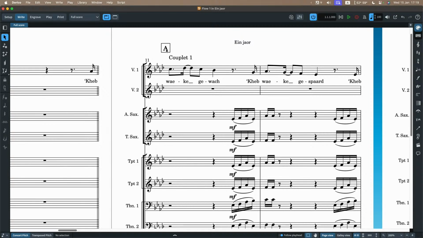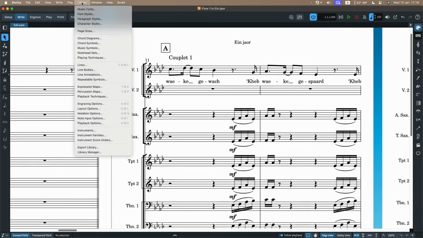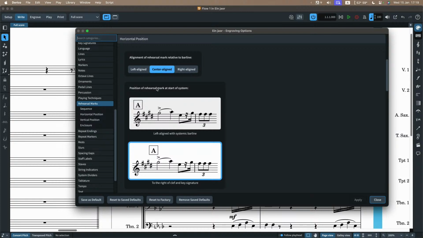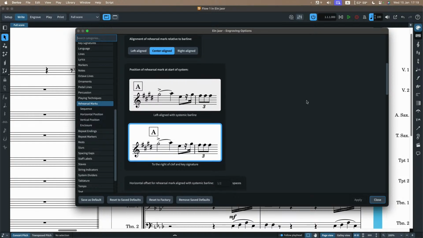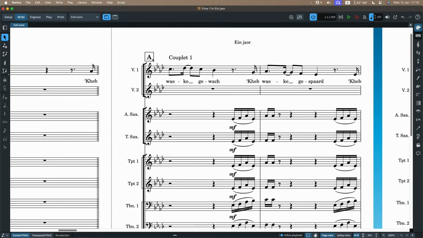If it's in the score, or in fact all of the parts actually, one of the things I would often check is in library engraving options. For this style of music, the rehearsal marks section has an option, I've scrolled down a bit, to position rehearsal marks at the start of the system. So instead of being over the top of the music, it will move them and left align it with the systemic bar line. So if I apply that and press close, then for all of the parts in the score in this project, this rehearsal mark,